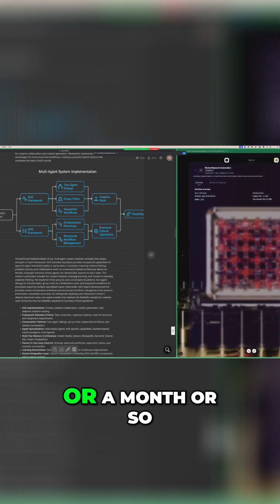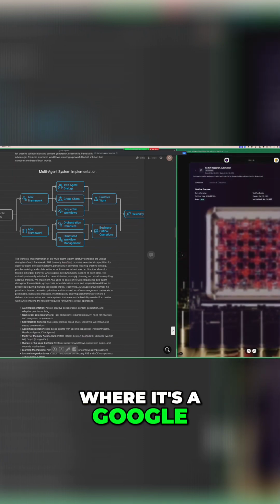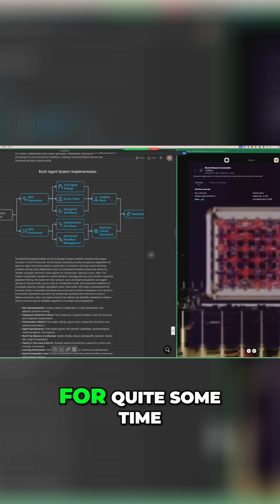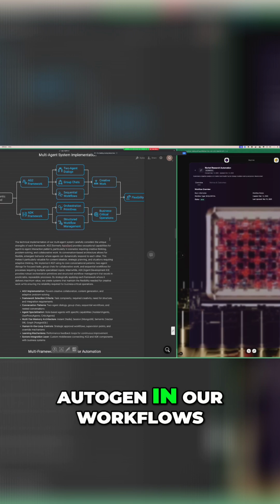Now, for those who don't know what ADK is, it's a framework that came out a month or so ago, a Google framework for building agents. And for me, having worked with AutoGen for quite some time, I found that AutoGen in our workflows,